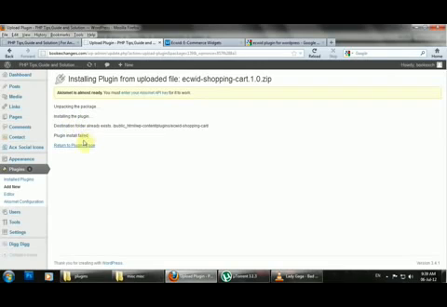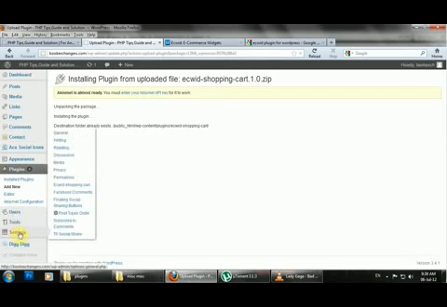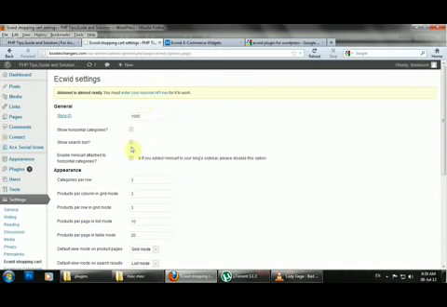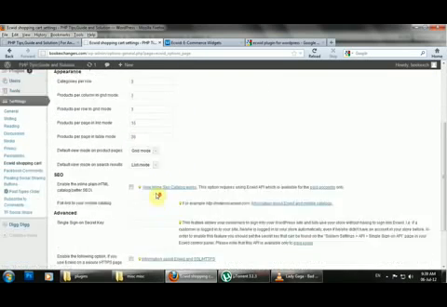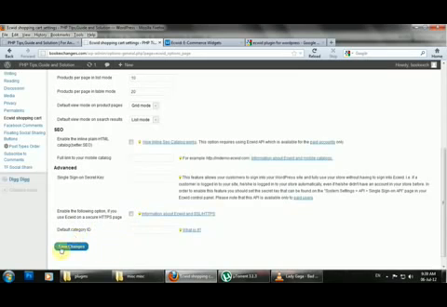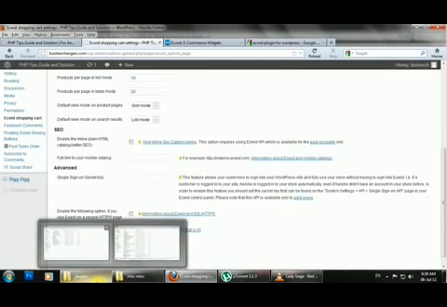The plugin install failed because I already have that plugin. After installing, activate the plugin here. I already activated it, so it is showing an error because I am reactivating it again. If you're doing it for the first time, it will ask you to activate the plugin, so you activate it and then search for where the plugin is. See here in settings, Ecwid shopping cart plugin. Click there. You can fill in these details if you need to. It will be helpful for you, for back end processes and for mail that may come in.